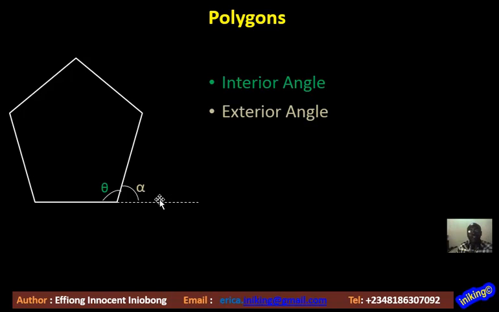That then is a relationship between the exterior angle of a polygon and its interior angle. As you can see, the interior angle of a polygon, theta, in this diagram, and the exterior angle, alpha, both make up the straight line. And of course, in basic geometry, we know that angles on a straight line sum up to give us 180 degrees. So you will agree with me that my theta here plus the alpha will simply give me